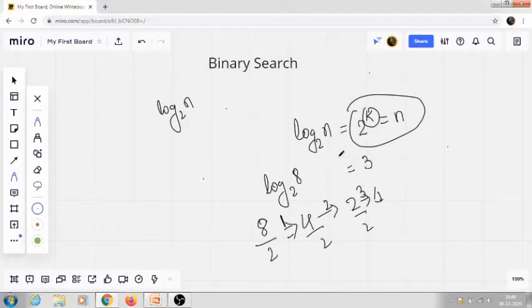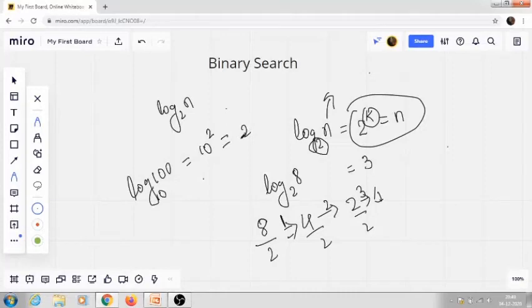So in log, what we are finding is how many times this specific n is divided by this specific base 2. Like suppose log 100 with base 10: what will be the power of 10 that will give us 100? It is 2, so the value will be 2.